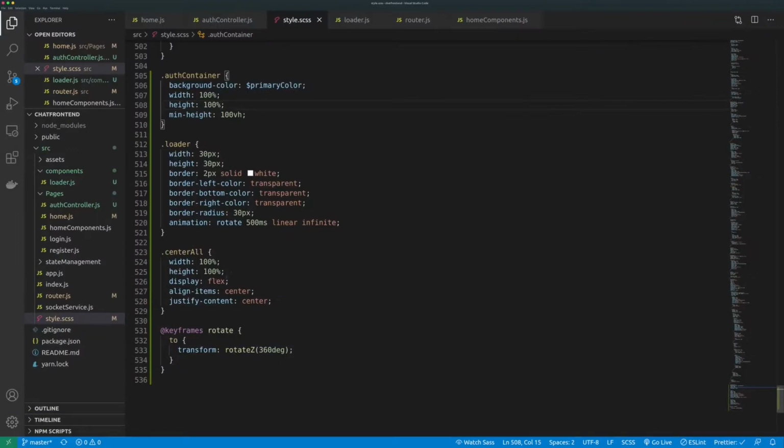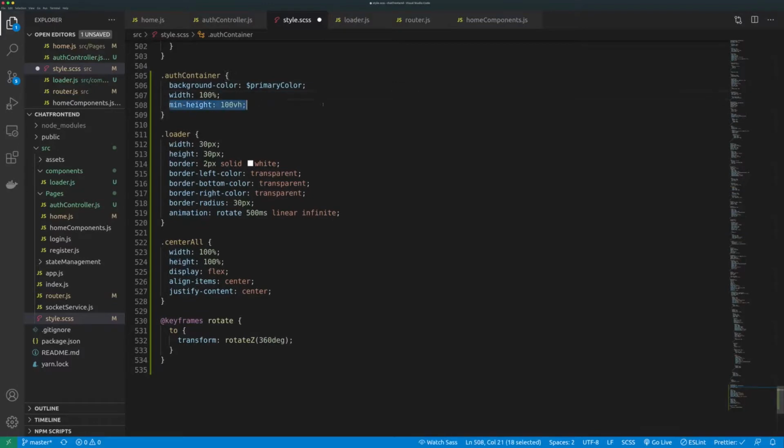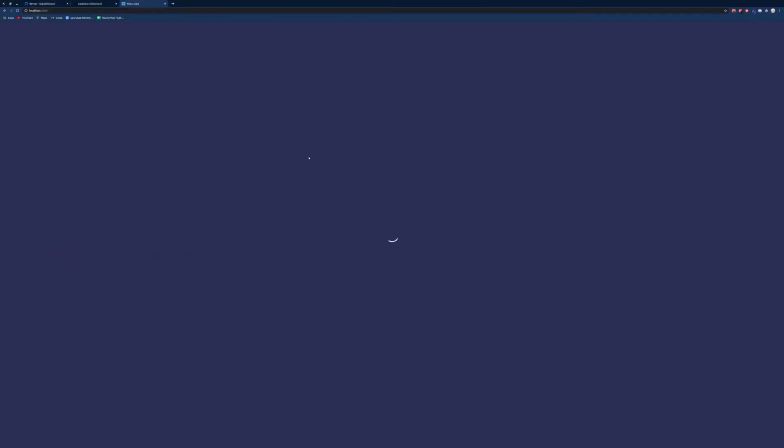Okay. So, well, maybe an assumption we can make for now, so we can still fix this later, is to say the minimum height for the center all is, let's say, 100 VH. So later on when we need to make adjustments, we will make that. So this is working now. Alright, so this is our loader and that looks okay. So now since we have that,